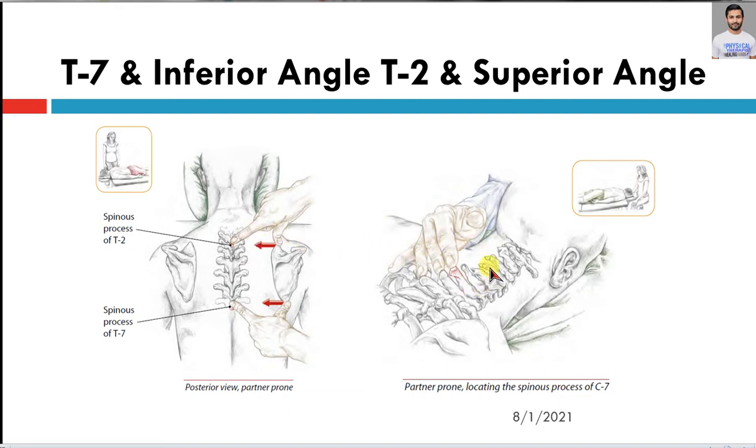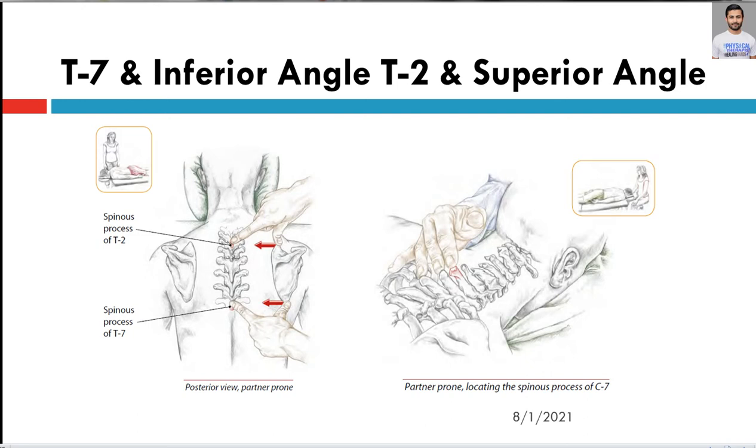The C7 vertebra is very important, because it is also called the vertebra prominens, and it has the longest spinous process in most of the population. But there is also one exception to it, that a few people might have the vertebra prominens being T1. So in some people, T1 can be the most prominent vertebra.